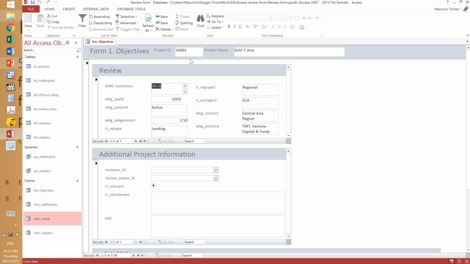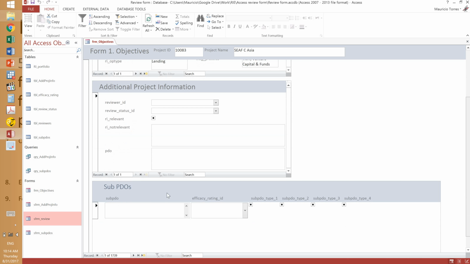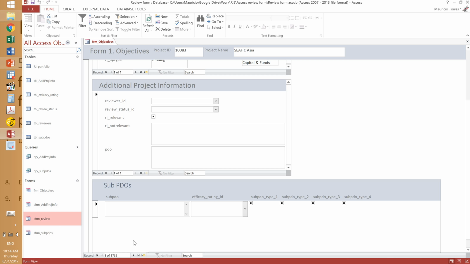So here we have our project. This is the information for that project. This is the information that I want people to enter, and this is the list of superiors. So when people put some information here and select an efficacy rating and some yes/no questions, automatically Access will display another row for a new record, so they can create as many records as they want for each of the superiors, but they're still working in this project. And if I click here,